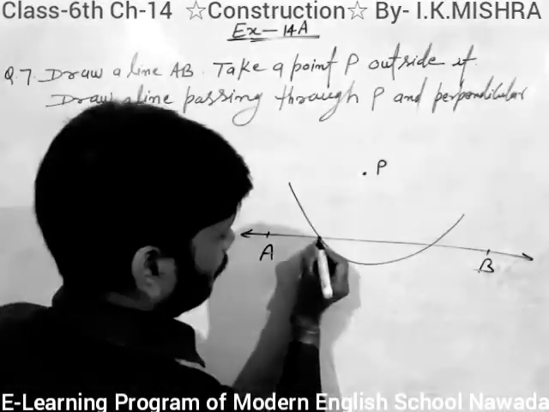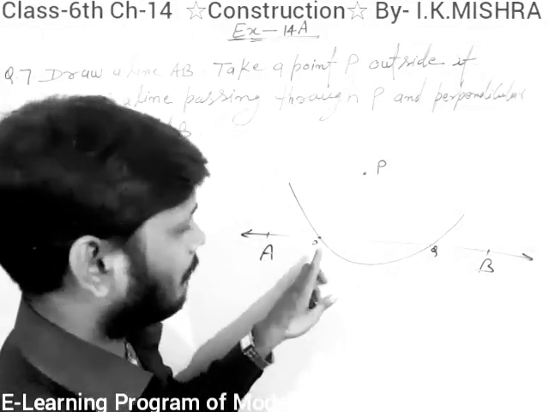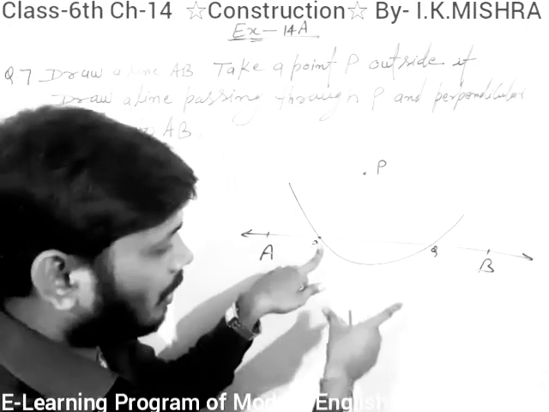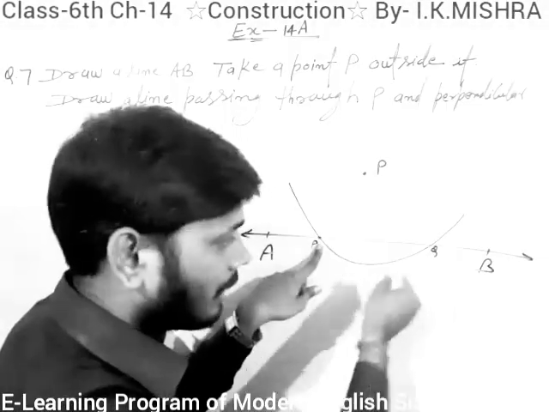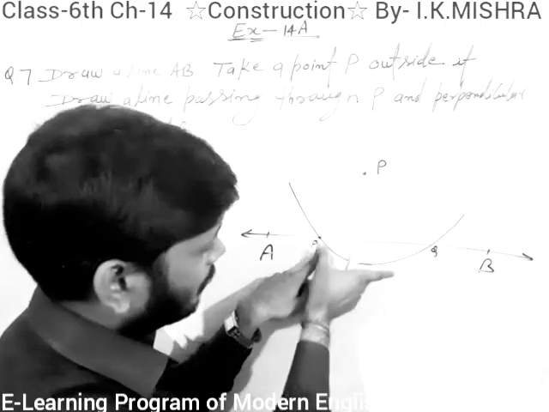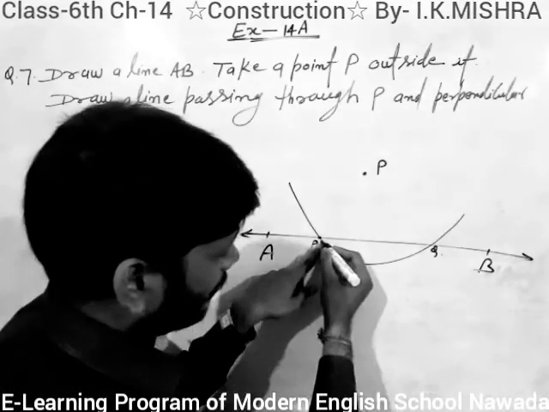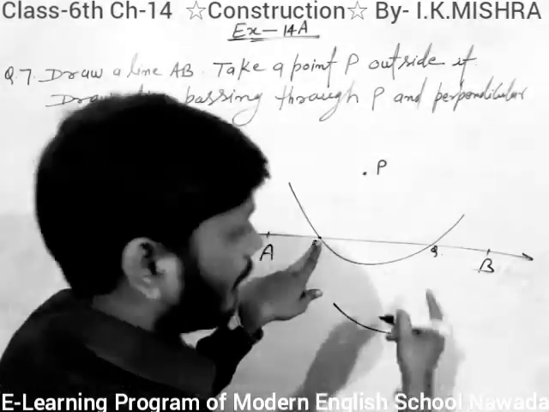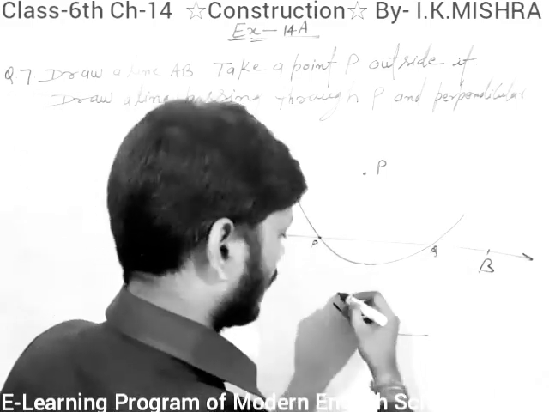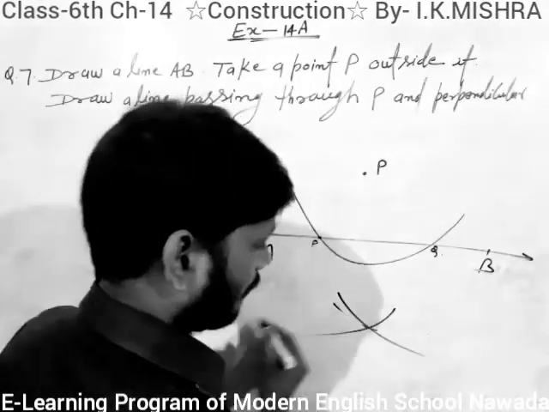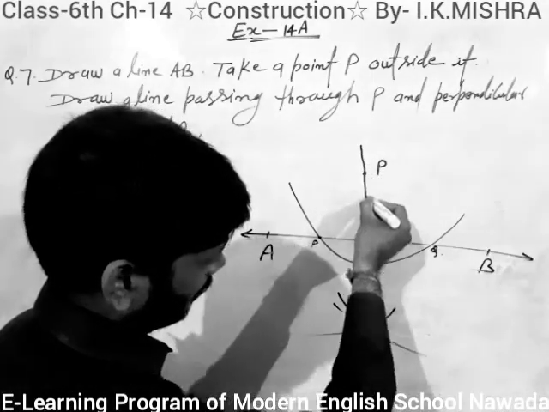Students, now here mark the points P and Q. Now with P as center, draw an arc whose radius is more than half of the length of this arc. Half of this means, suppose here it's half, more than half is that. So now draw an arc with P as center, and again with the same radius draw an arc with center Q, as here. Again, students, now join this point P and the intersecting point.